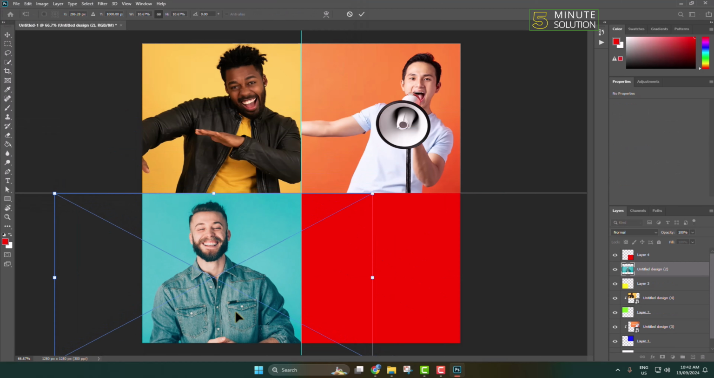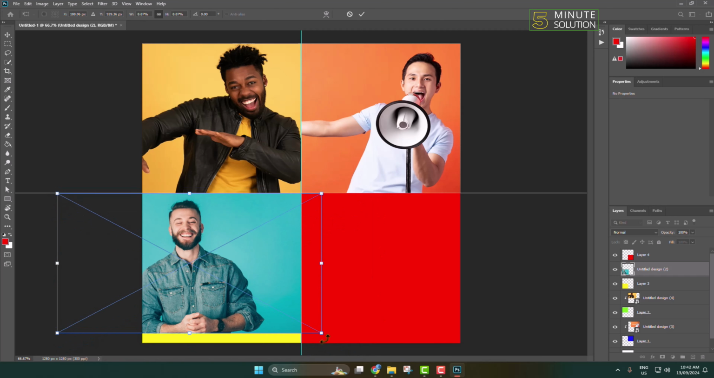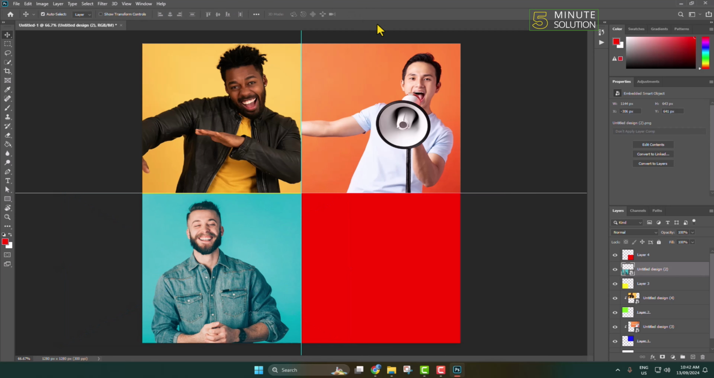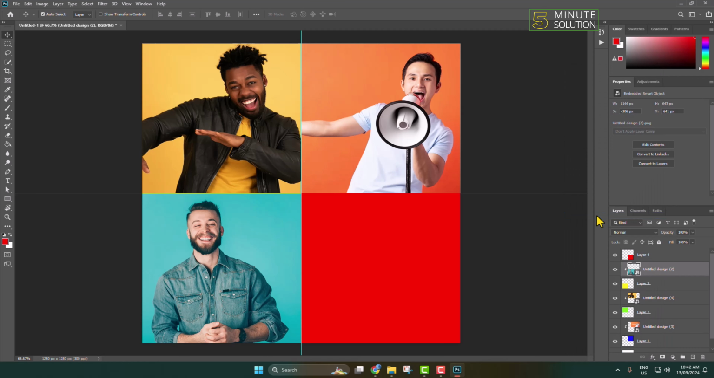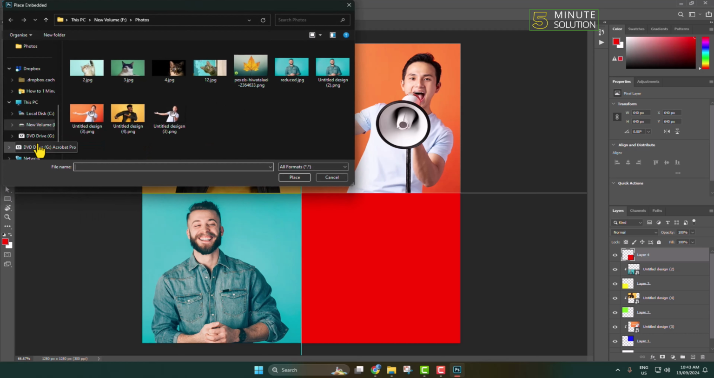place the image and resize the image. Right click on the image layer, create clipping mask, and now select your fourth layer, go to File, Place Embedded, select your fourth image,